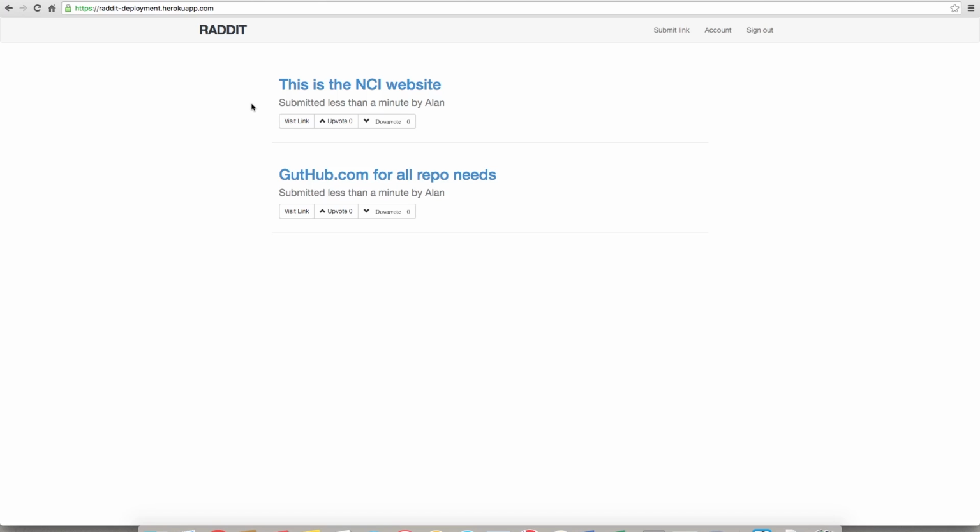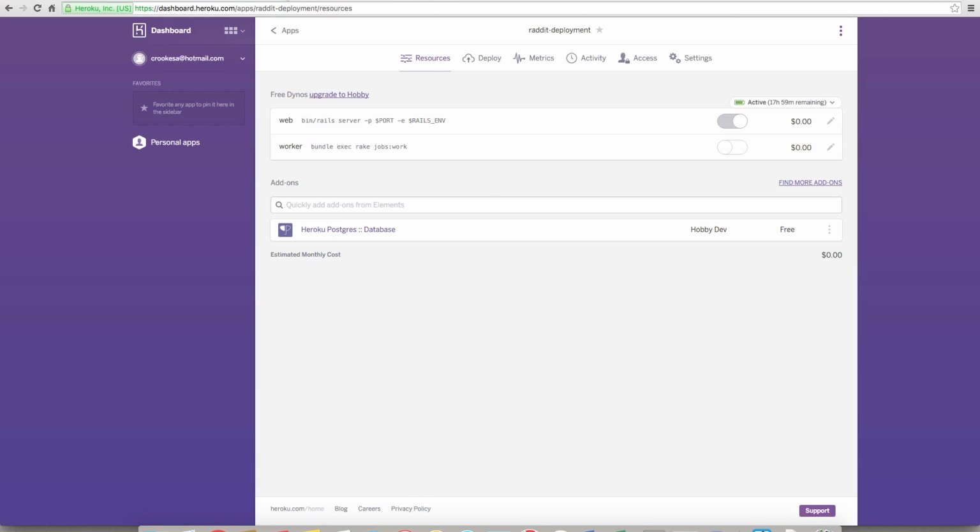So what I want to do now is I want to be able to have automatic deployments, so that whenever I deploy to the master branch on GitHub, I'd like it to automatically deploy to Heroku. So if I go back to the dashboard for Heroku, I can go into the deploy tab here. So if I click on deploy,